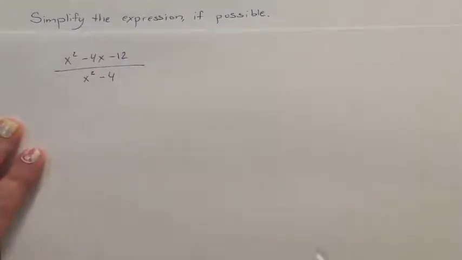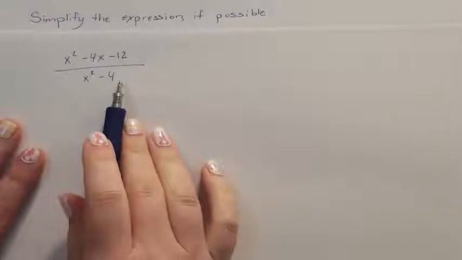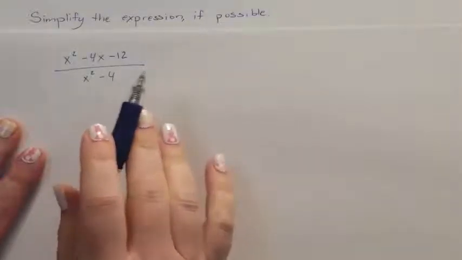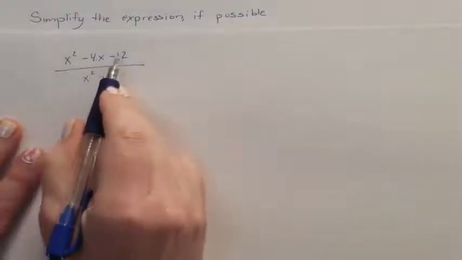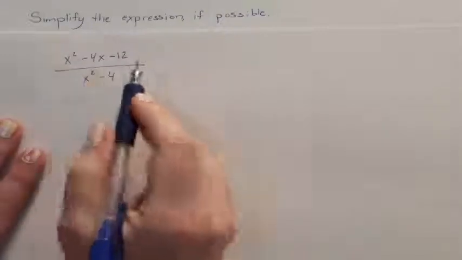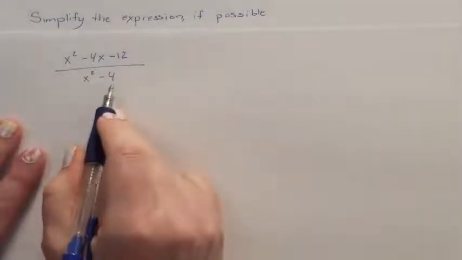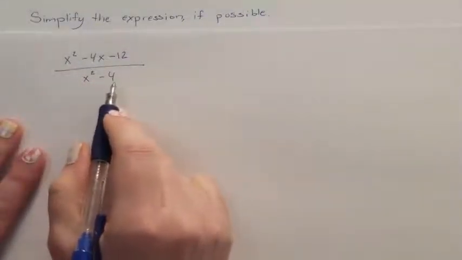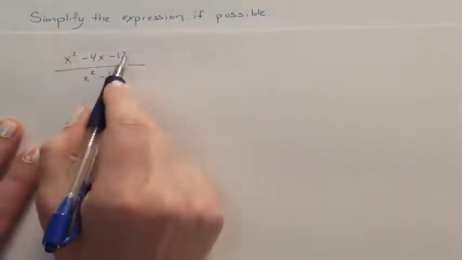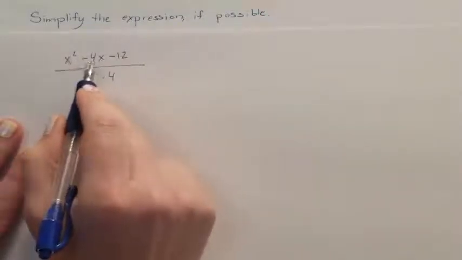So our last problem for today, we have a rational expression that we need to factor. You always look for GCFs first. I do not have a GCF in the top, in the numerator, and I do not have a GCF in the denominator. So now I just need to see, looking at the numerator by itself, it's a trinomial,